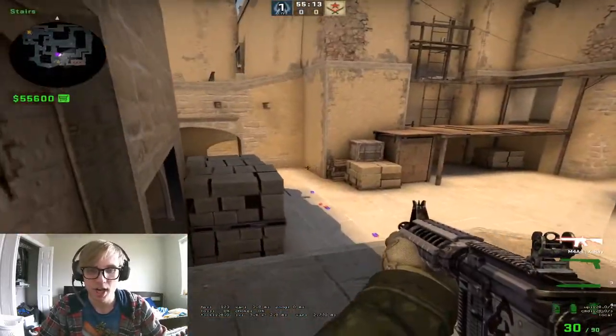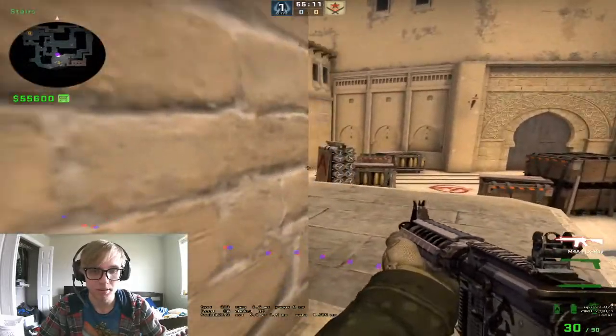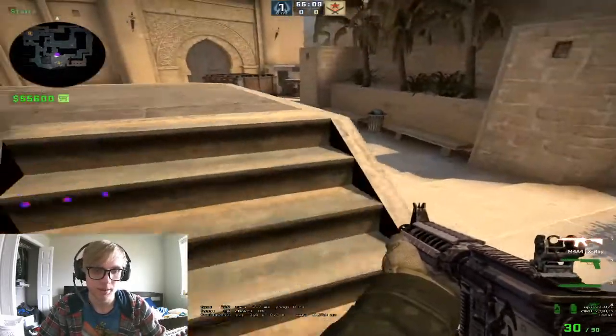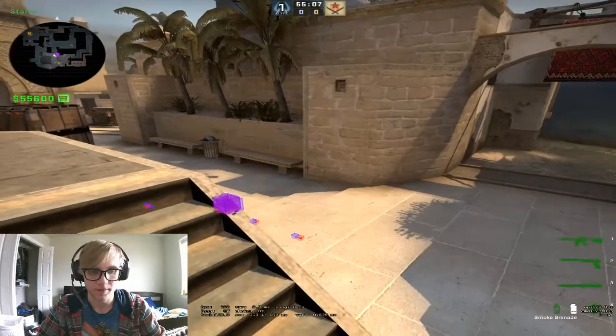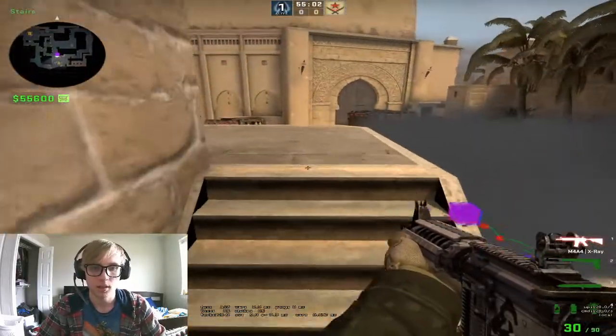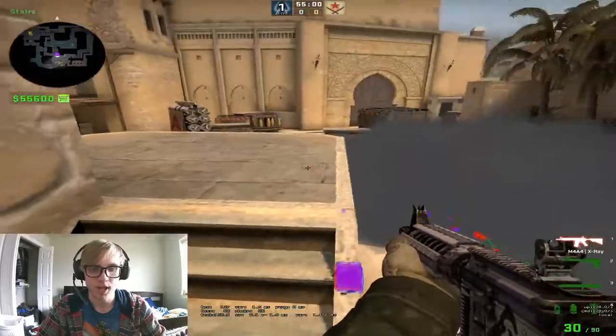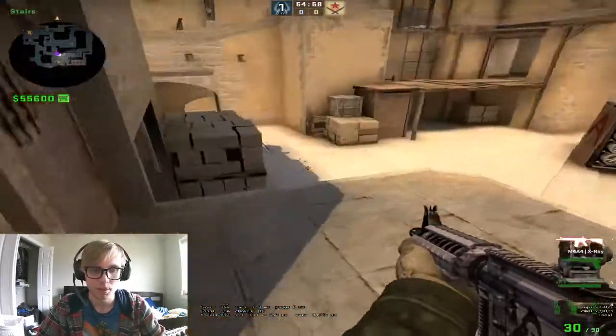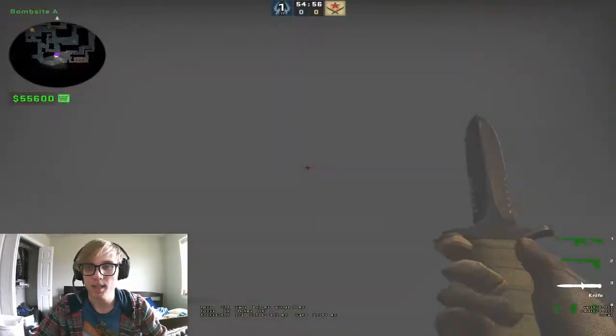We don't want them to have a shallow line, because we want our stairs guy to be able to take these fights. So if they're running up underneath him, they can run through the smoke. If they throw a smoke, maybe throw like this, right? We don't want them to be able to come shallow here, come through this smoke, whatever, and sandwich any of that. So as the A guy,